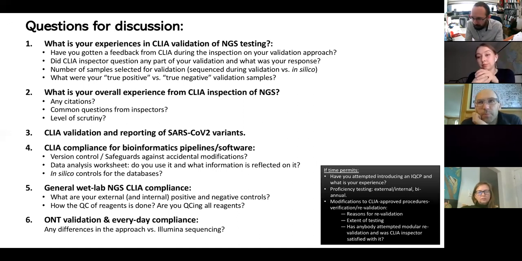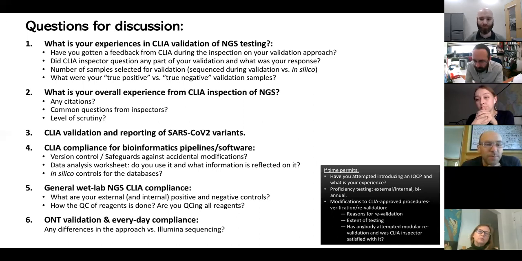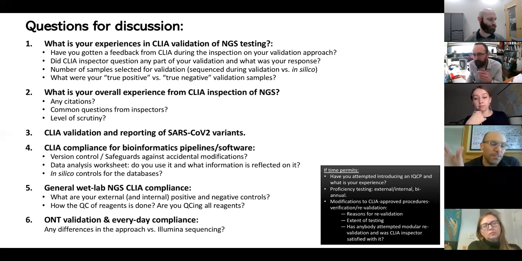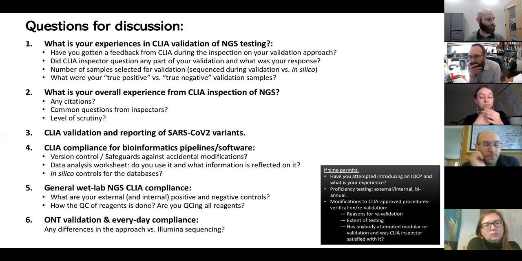Right. It's more important that your workflow can report out variants and not a specific variant, unless it was either hard to sequence, or if you were doing, like I said before, how many repetitions of a region for, say, Huntington's disease, and you might want to do something like that. You probably also want to do some sort of LOD, but we already know that most of the protocols, after you hit like 32, 33 CT, they crash out and don't work anyway. So that would be part of your QA program to say, I can only use this on things with a CT value of 32 and lower.